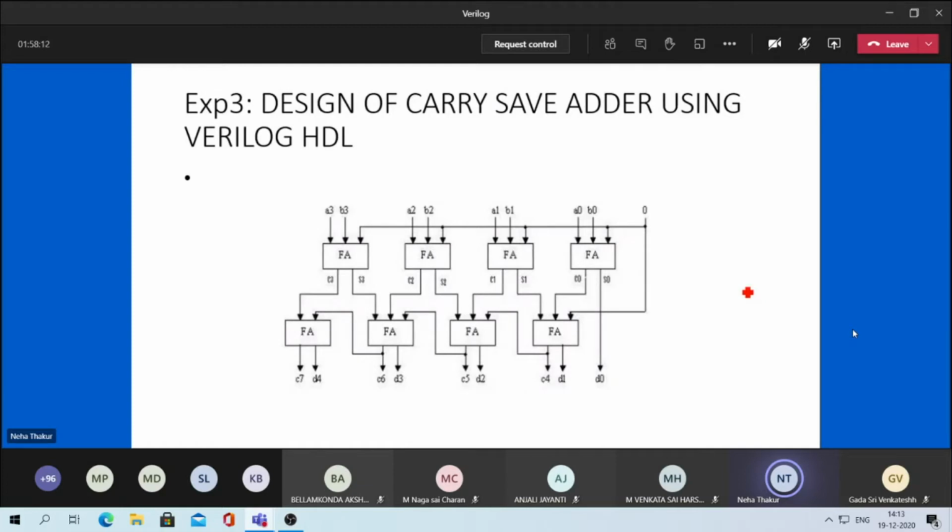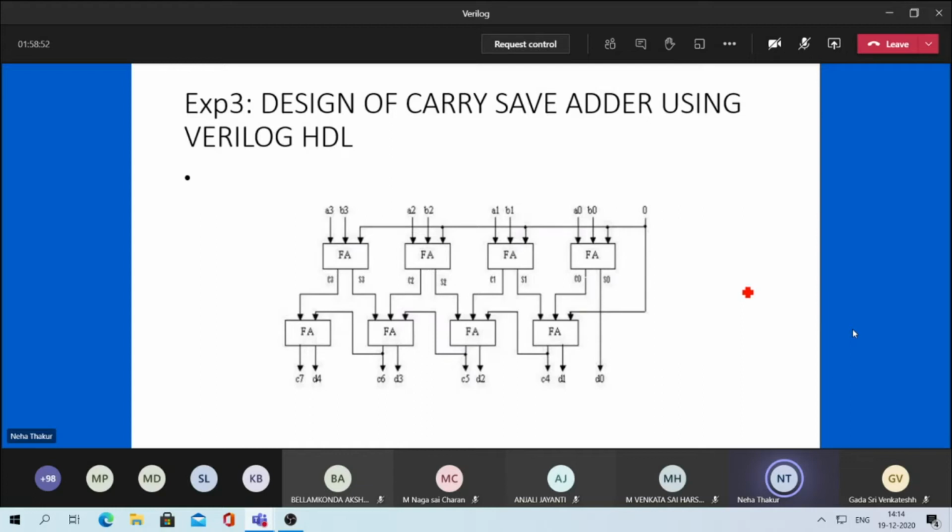The next step is you have to write the code for it. So what is the first step to write the code? I told you, you have to first see the diagram properly and see if there is any repeating unit. If you see, what can you see? FA, what is it? It is the full adder. Full adders, right? So that means we get a key point that full adder is being used 8 times.